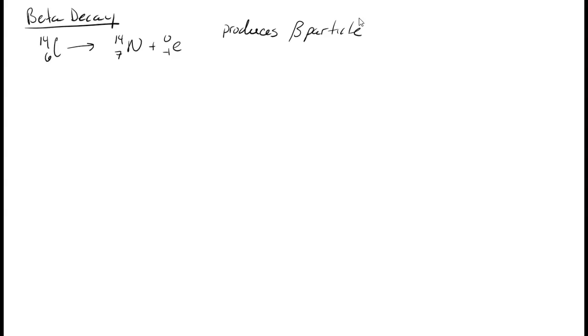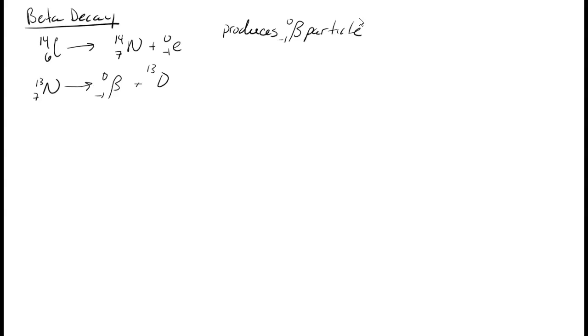We have that production of a beta particle. Another example would be nitrogen. And again, we have the production of a beta particle. I'm going to write the beta particle in a different symbol just so that we can see that it's still